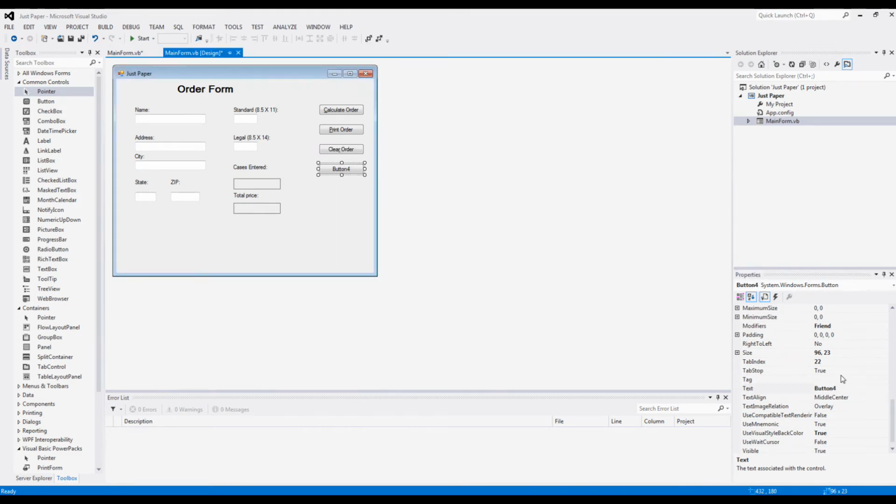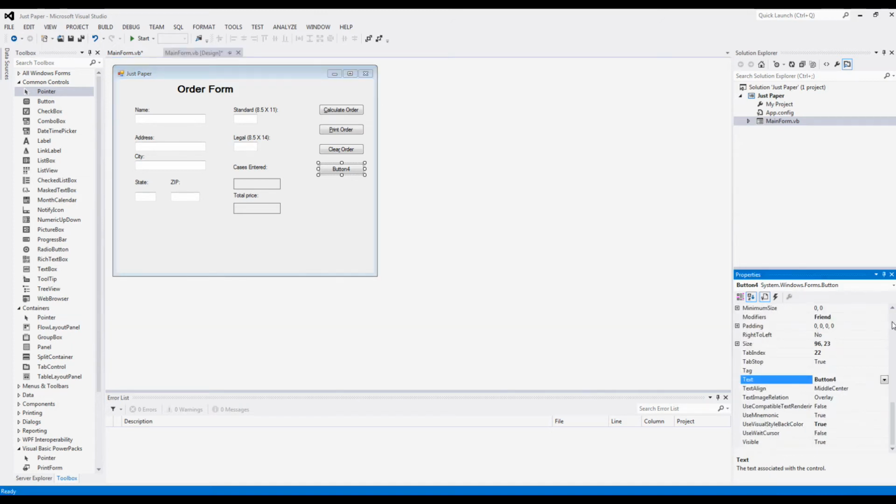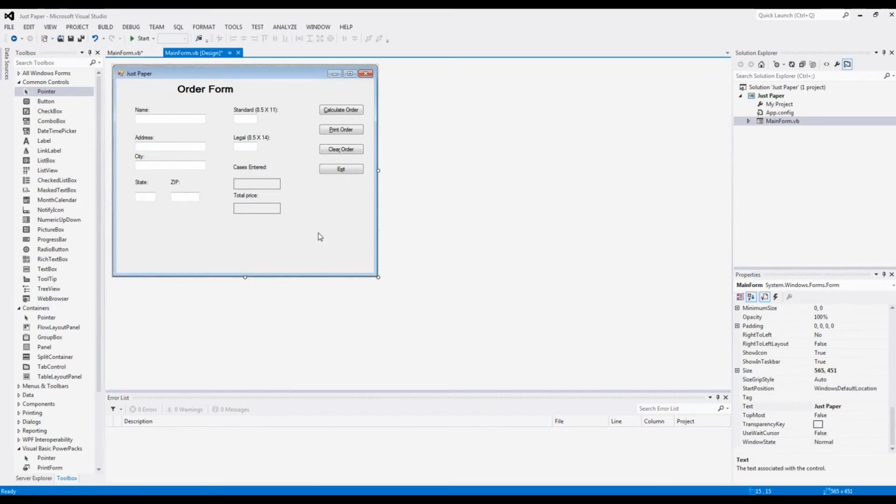Finally, the exit button, with the access key at X. Alright, so I think the design is